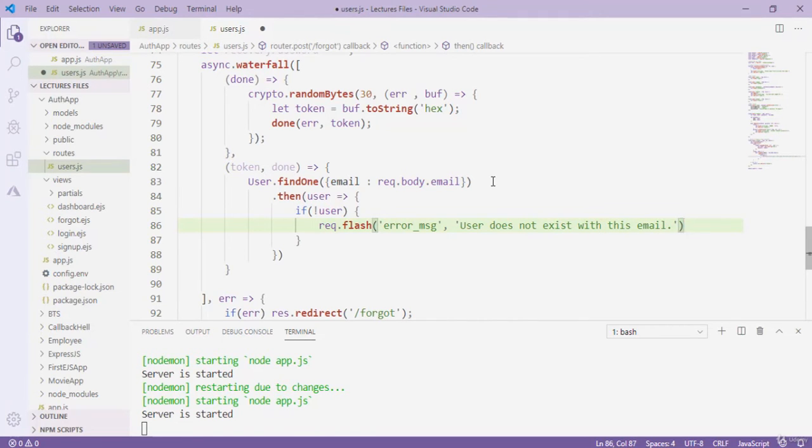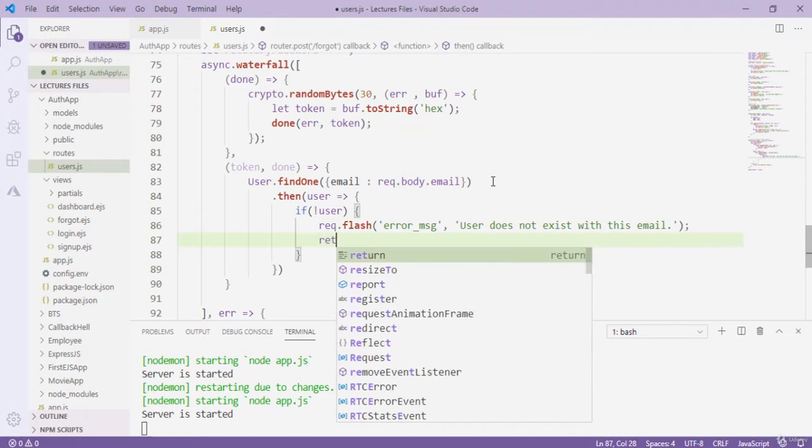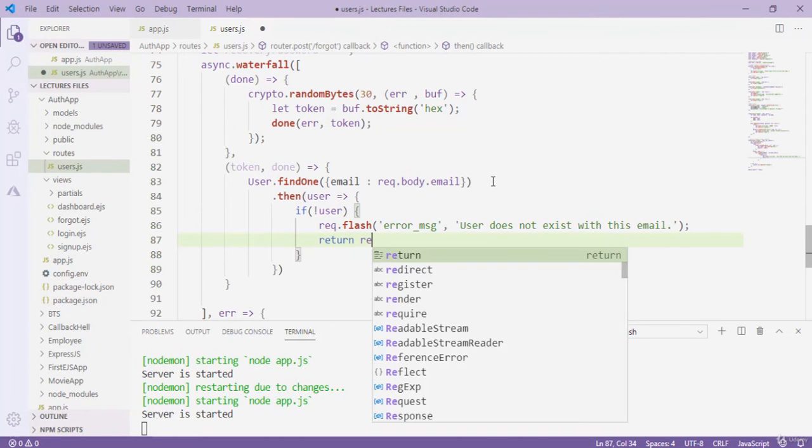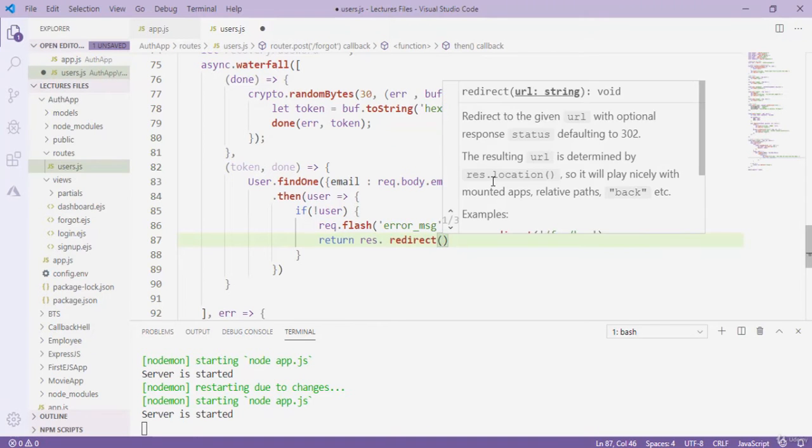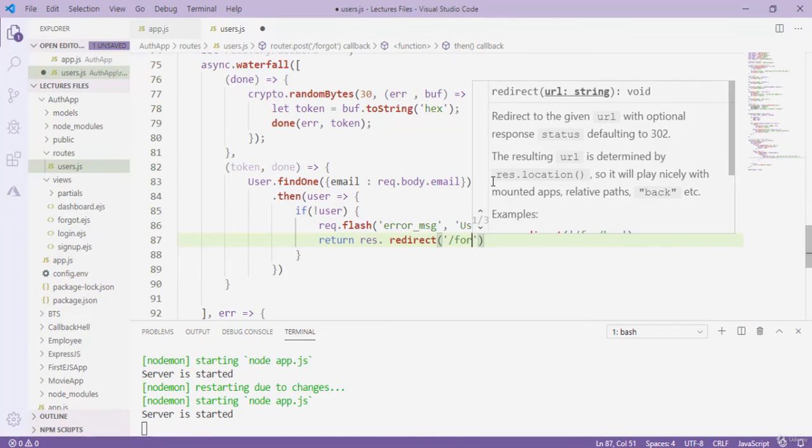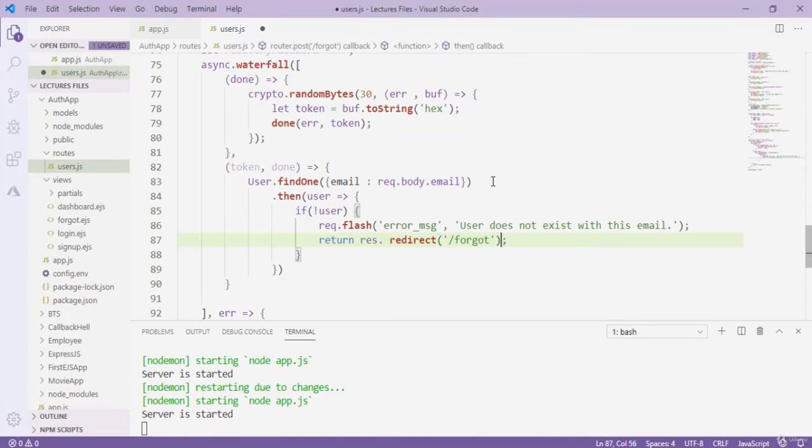And after that I have to return from it with res.redirect, because if it is wrong then we don't have to move further, we simply have to redirect back and return from here. So I simply type forgot, like that. So first of all we search for that user with this email, and then we check if the user doesn't exist, and we simply send a message back that user does not exist with this email. But if the user exists, then we have to,